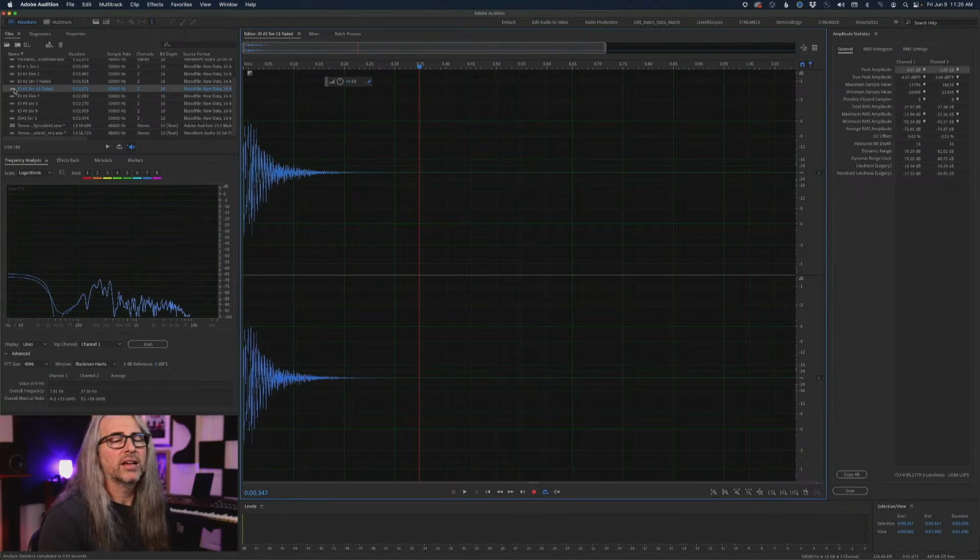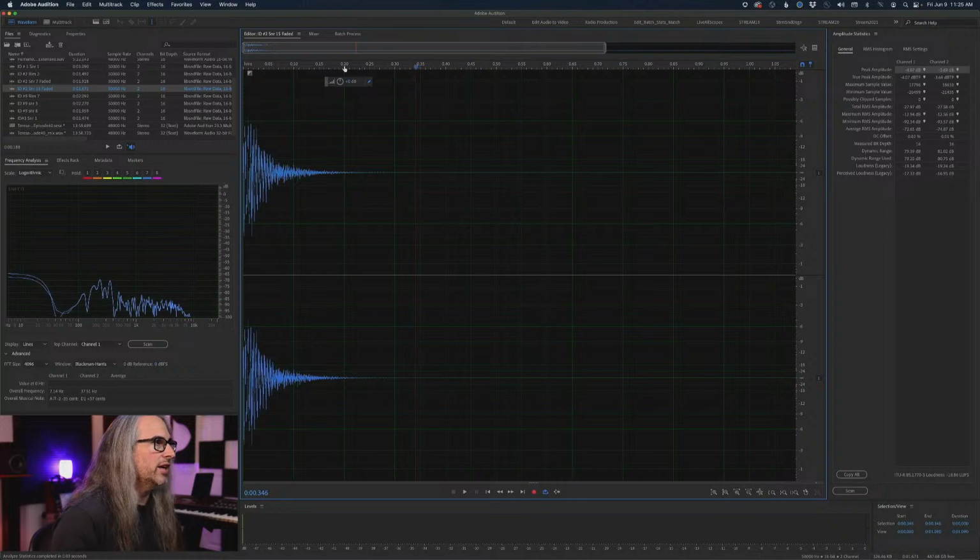So if you heard scripting, that sounds intimidating. It's not. It's actually just as easy as applying things in a single step. So here's what I want to do. Let's do a normalize, a DC offset removal, and let's just add reverb. We'll just keep it simple, okay? So that's what we're going to do.